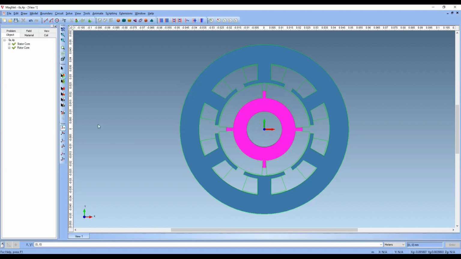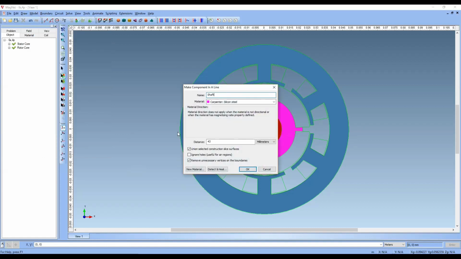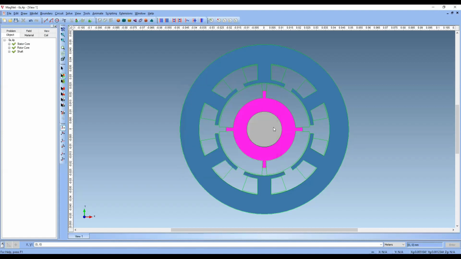Next, we want to give permanent magnet material here. Now I want to select again. Another thing is that the shaft also you actually want to give. The shaft you should not leave like this itself, because it will be treated as a hole in the model then. So the shaft also you create as one model. So we make it as shaft, and randomly I'm giving a shaft material here.